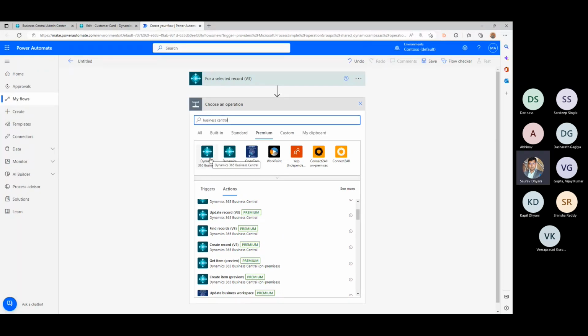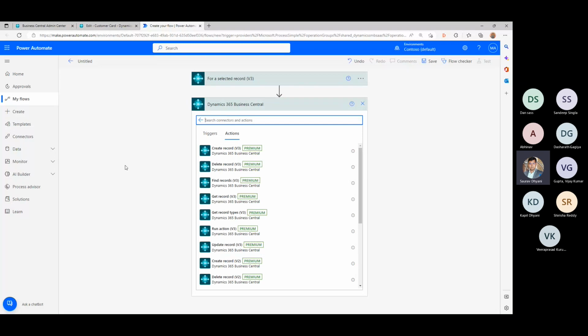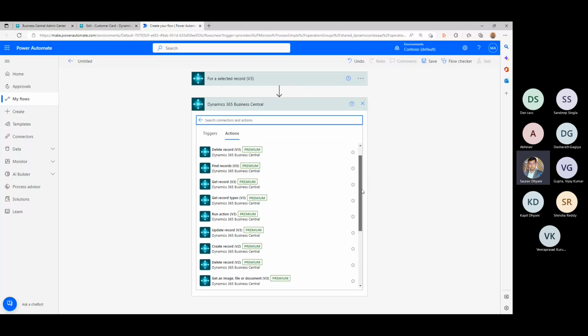Now they are classified into two. One is Business Central SaaS, and then one is Business Central on-premises. So let's choose Business Central, and then it'll show you all the available actions for Business Central SaaS, because right now I'm working on SaaS. It says create record, delete a record, find a record, get a record, and so on and so forth.